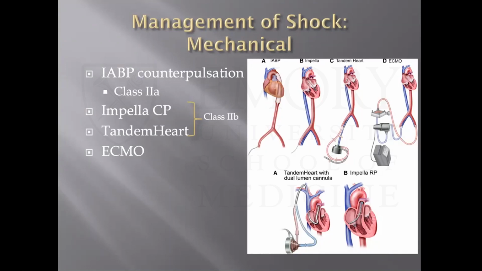Balloon pump was the first kid on the block. It's currently in the guidelines, though they may take it down further in the future, and there's a lot of debate about whether balloon pumps should be as maligned as they are now, given some of the data we'll talk about. Impella is the Cinderella at the ball right now, and they spend a lot of cash flow on marketing, as I can attest to from the many emails I get from them. Tandem heart is more of a specialized device, and ECMO you're going to see at tertiary centers.